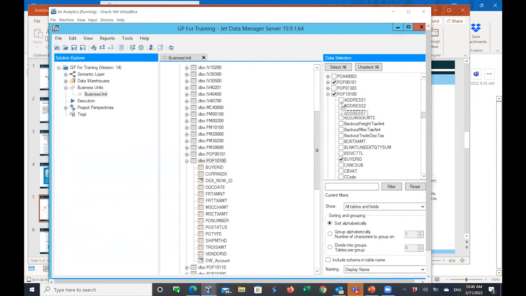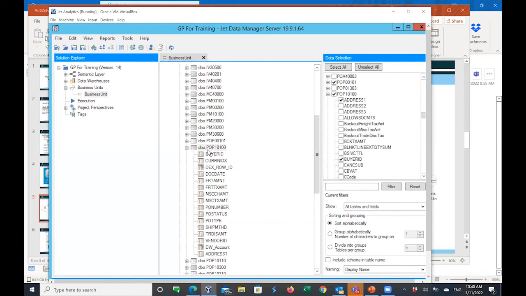So what I will do is I will add a field called address one. Good. You'll notice by me checking the address one field, it now is listed here at the bottom of the list, address one. It therefore means that address one is now usable in the project. So you are able to use a selection criteria because